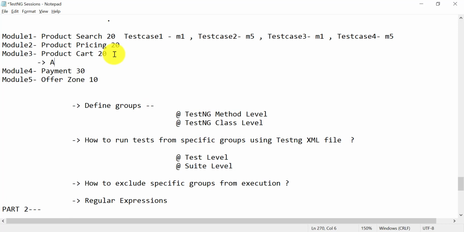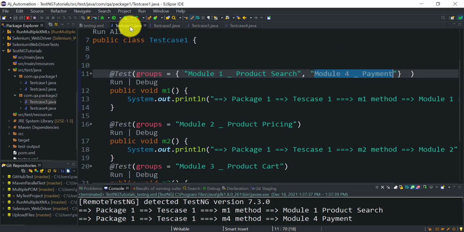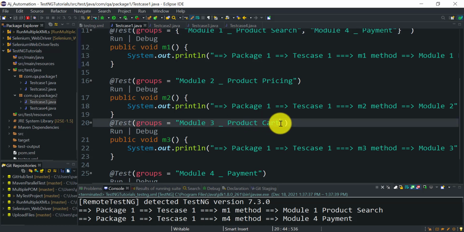One is, let's say, checking the add to cart functionality, and second group is remove from cart. Okay, so these are the two subgroups under module 3. So let's add it in the module 3. So here we are testing the module 3 product cart.